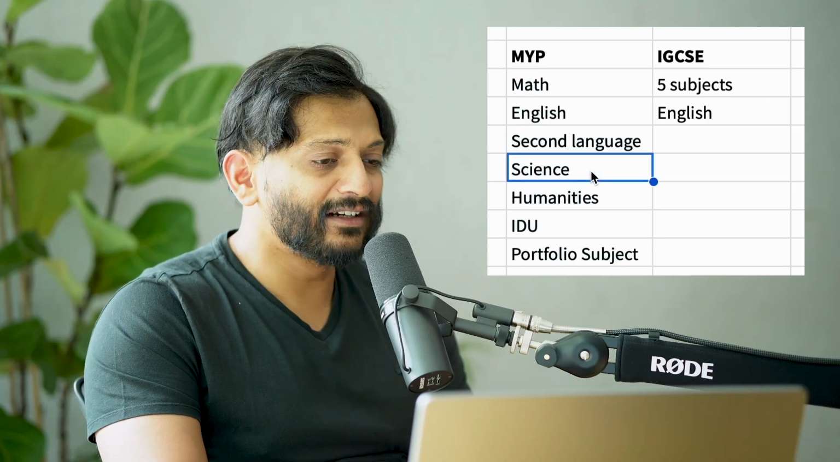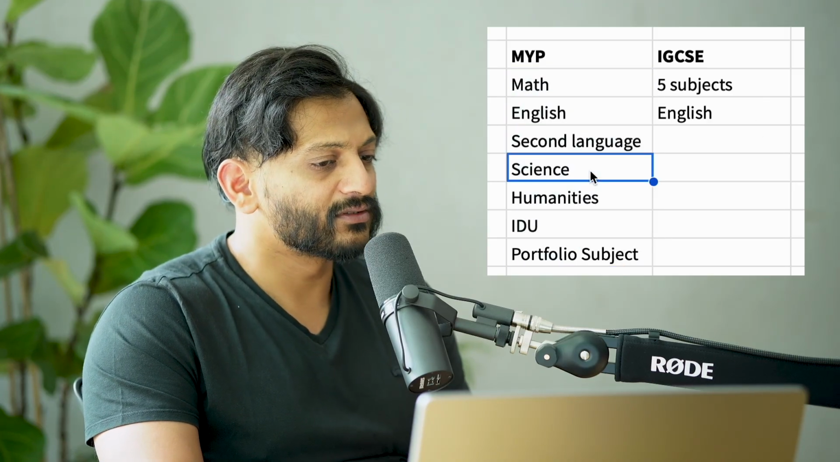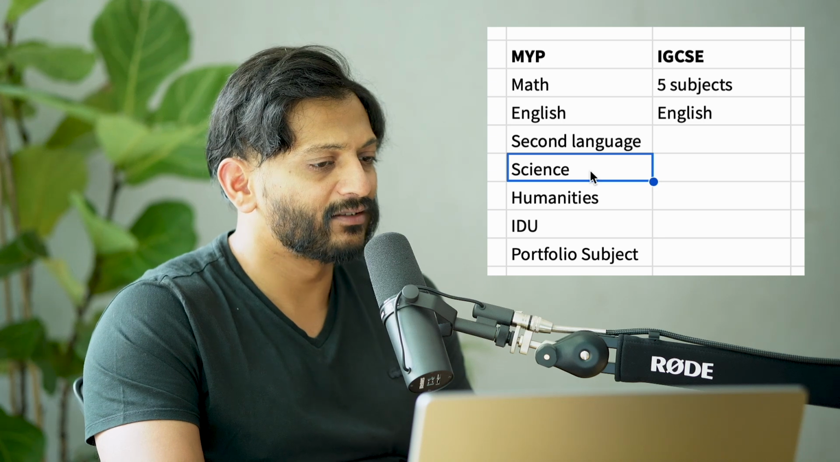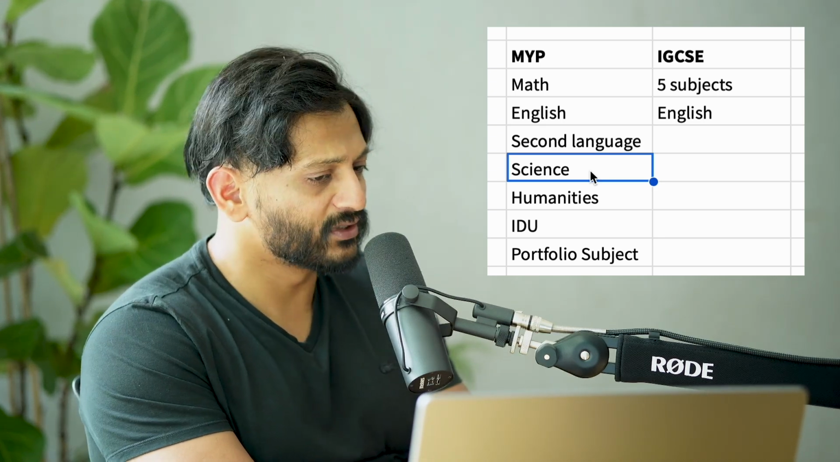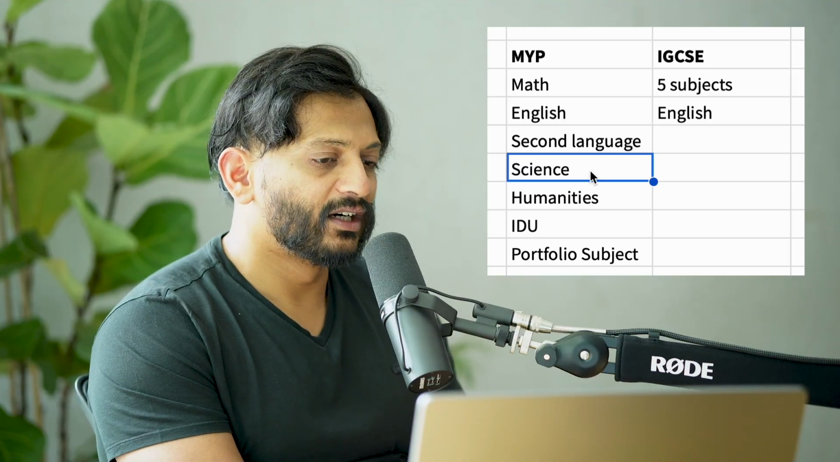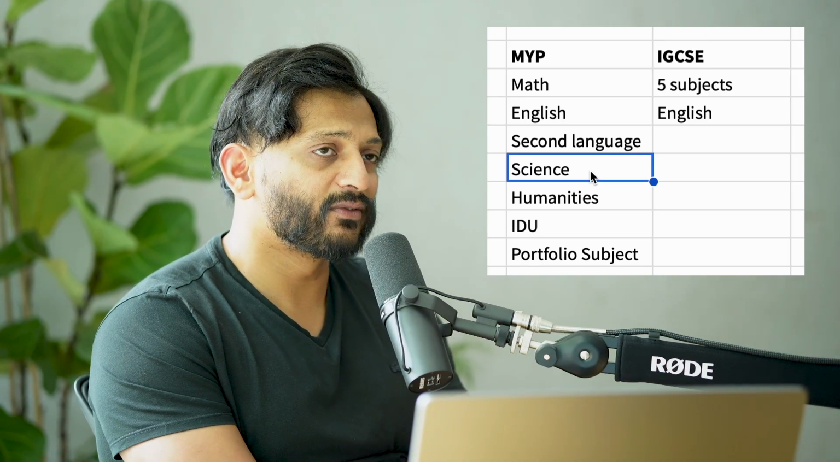So you end up having to take 7 subjects and you can't really skip any of this. No. So if you don't like math or if you don't like science, that's not an option in MYP. Yeah. So there's no such option in MYP. Whereas in IGCSE, you get your certificate as long as you do 5 subjects. Yes. And the only mandatory one is English. English. That too,